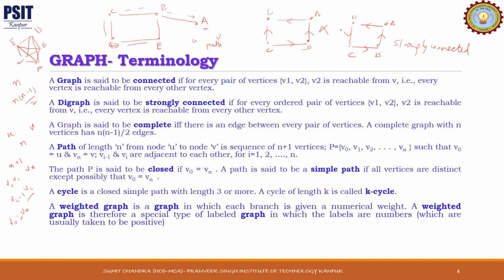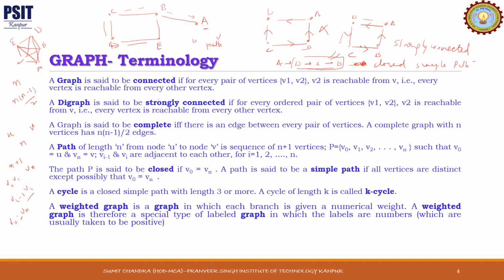So here we can see a path from A to B. So we'll go from A to D here. So A to D we went, then from D we'll go to C, and from C to B. So this is a simple path. And again, if you are reaching A, now this is a closed simple path. So it is basically a cycle. Since all the vertices are distinct except source and destination, it is a closed simple path. And if we are not including A here, then it is a simple path because each and every vertex is distinct here. Fine.